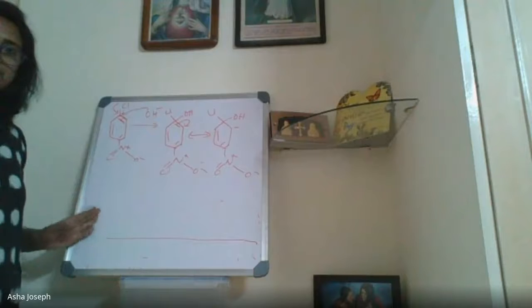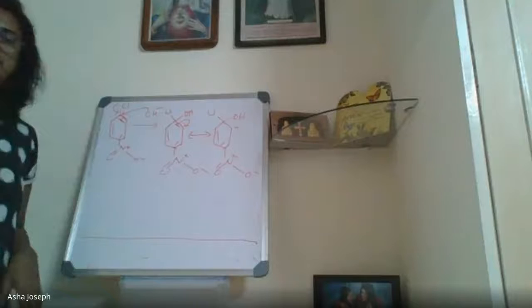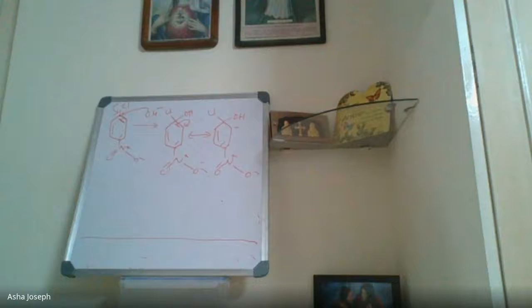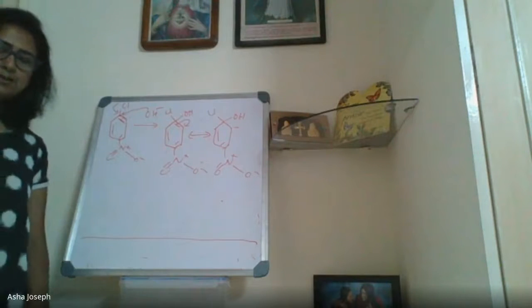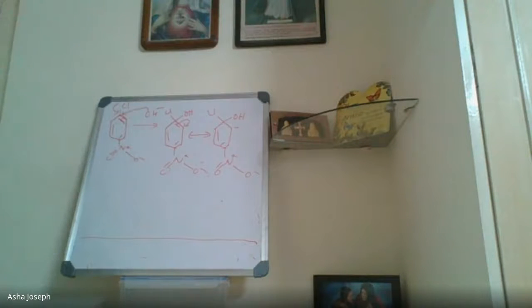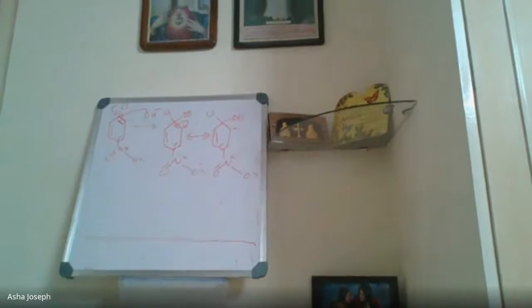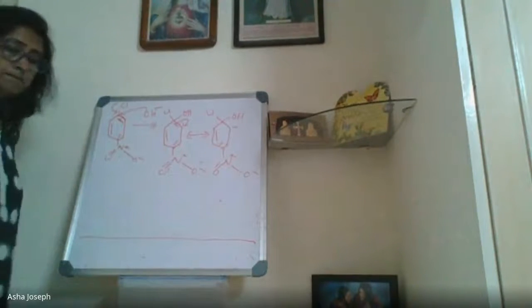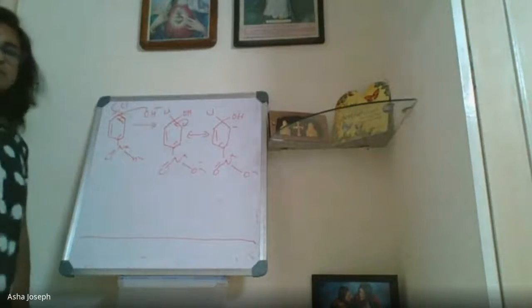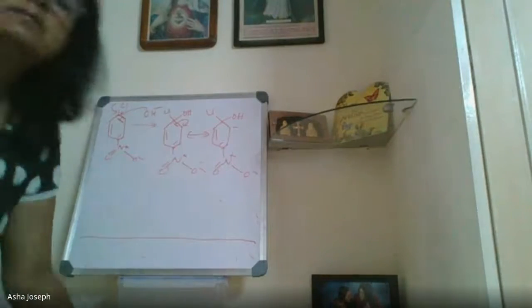Yes, ma'am. So if I draw it here, Amitav, can you see this part? Yes, ma'am, I can see. These two you draw, then we will go to the third and fourth structure. It's a little difficult, but once you understand, then you will get it. Okay, draw. So the nucleophile came.